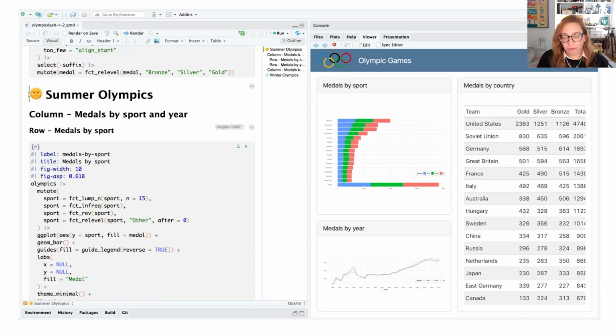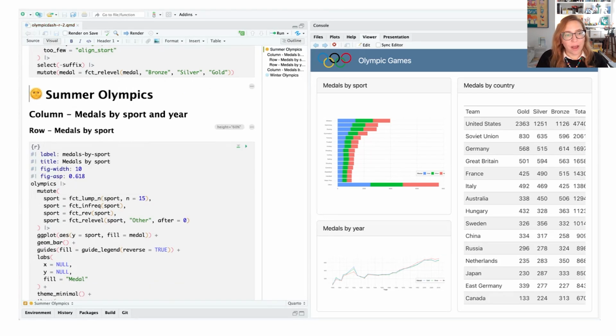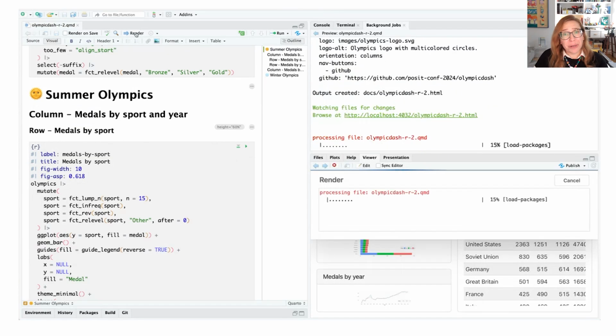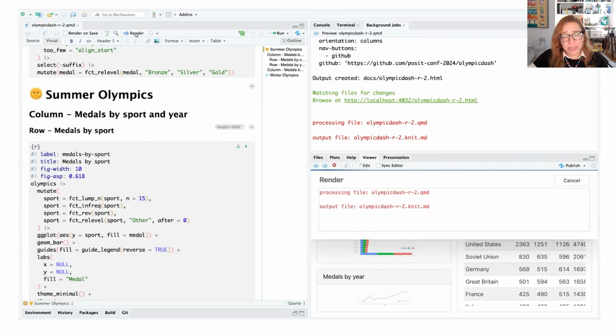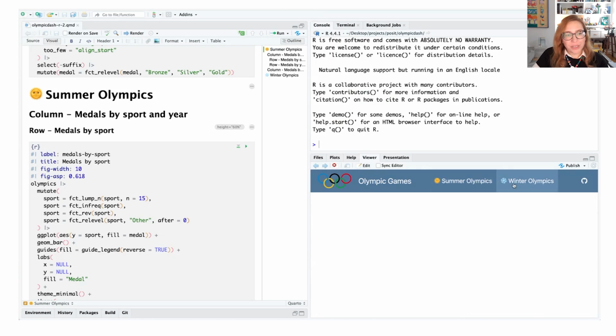Okay. I'm using the Insert Anything tool. Since I am at the beginning of my line, I'm able to use just a / and that brings up the various options I have to insert some content into this. Okay, so I haven't really put any content into the Winter Olympics part, but I'm going to just render the document to see that I indeed do have 2 separate pages now. And the way we're going to do this is we're going to basically build a bunch of stuff for Summer Olympics, and then we're going to duplicate that content for the Winter Olympics as well.